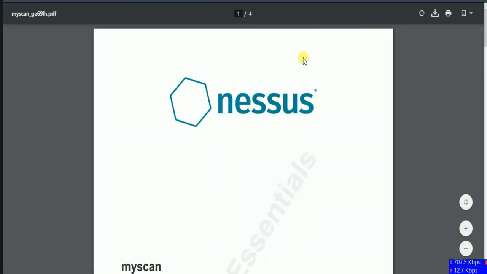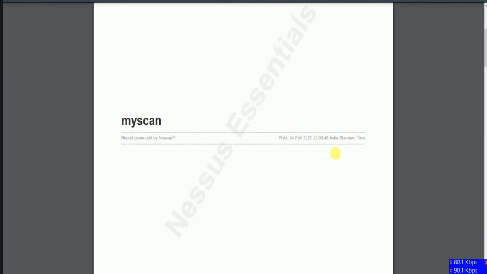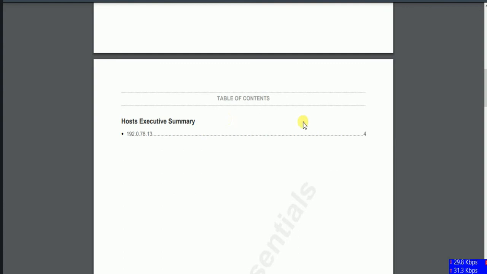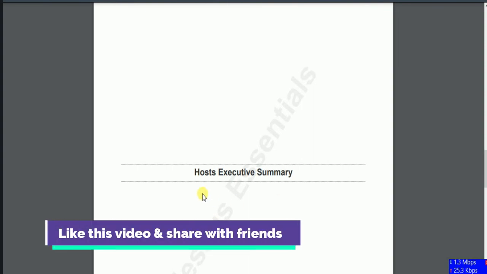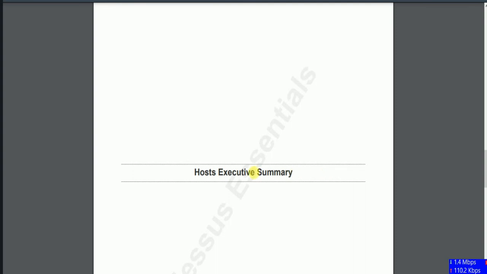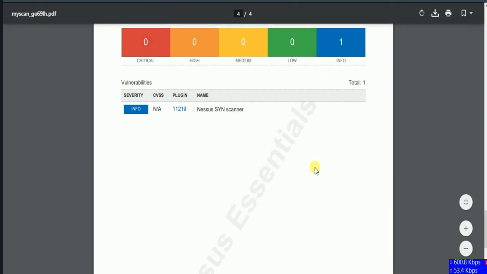Your report will look like this, with your scan name and other details, the IP address, and the format of the scan. I have already chosen the executive summary report. This will be the report format, with the host IP address, how many vulnerabilities there are, and their severity level.